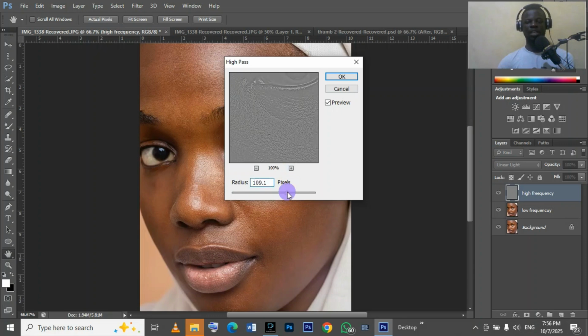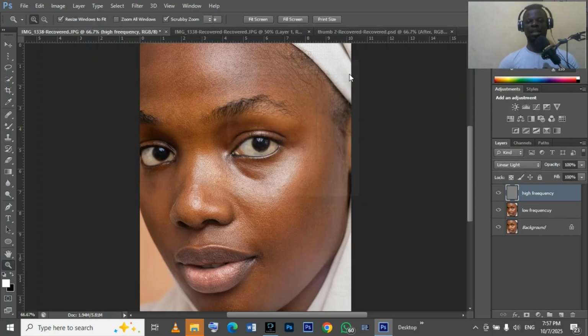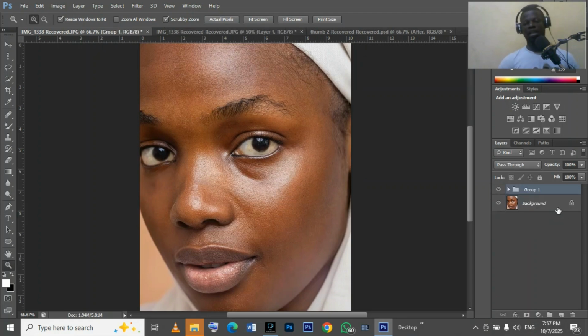When we increase it or decrease it to this limit, you can see it will be smoothing or it will be increasing in texture. All right, so let's move on. When I increase it to 52.5, let me make it 69. Okay, let's make it 69. Then click OK. After clicking OK, we will hold Ctrl Alt,